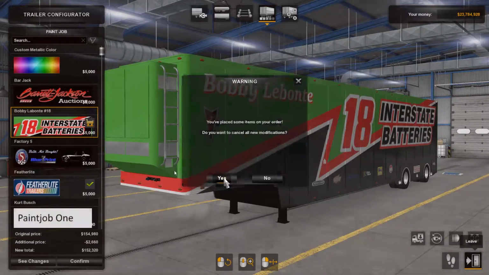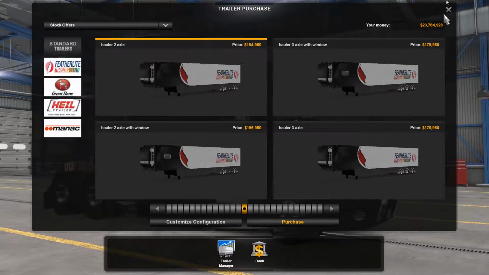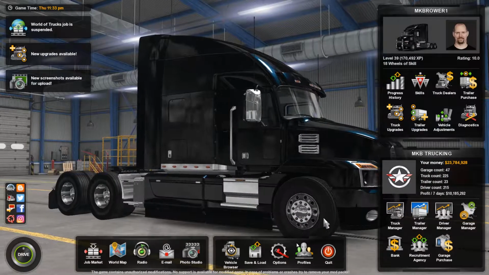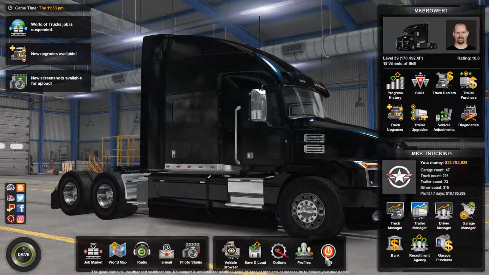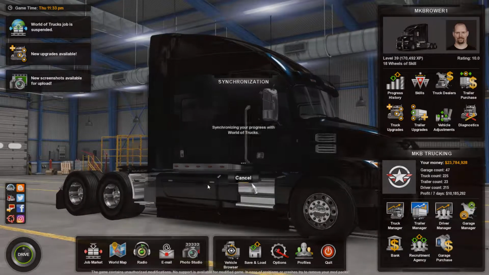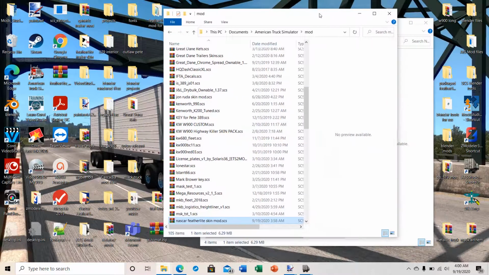All right, now we have created a skin mod, and like I say, you do this, the same process as for trucks, trailers. Now, if you have accessories, it's a little different, and I'll probably make a video on skinning the Mack truck since it seems to be a little bit more popular. But one last thing before I go,